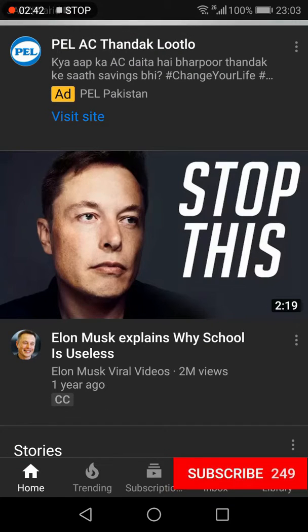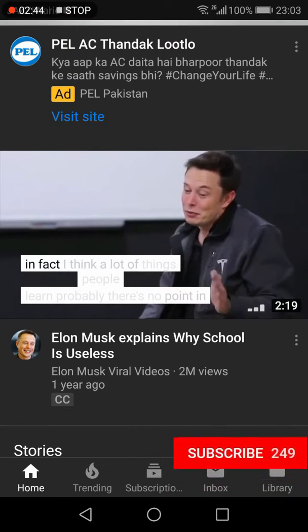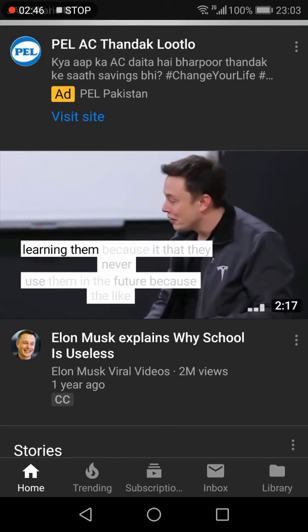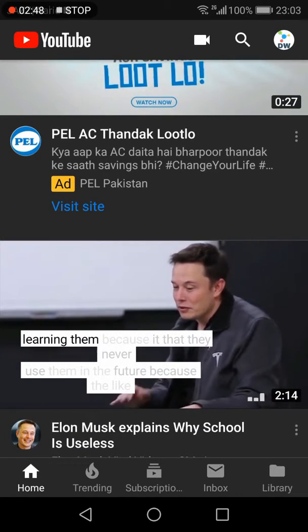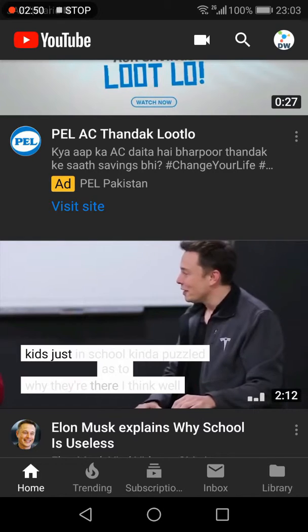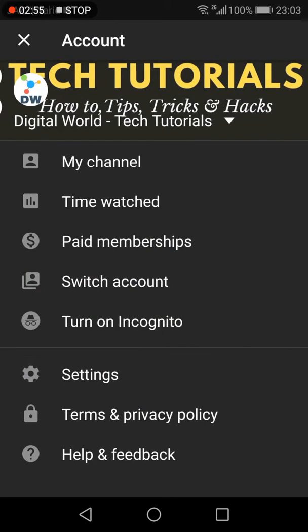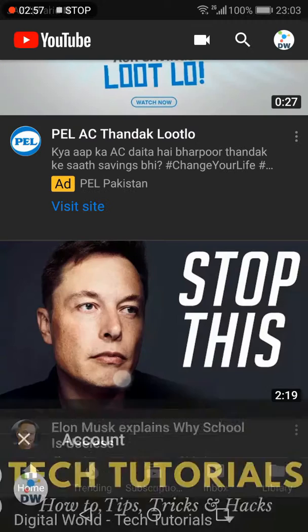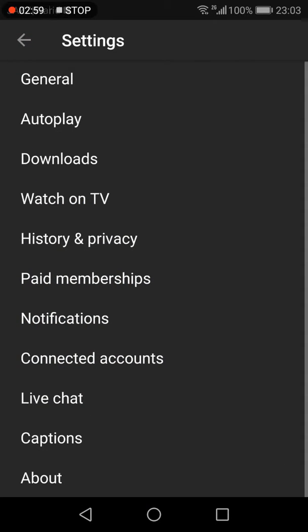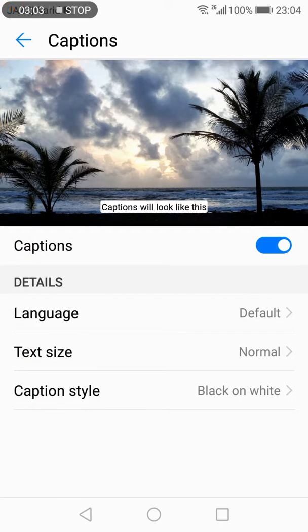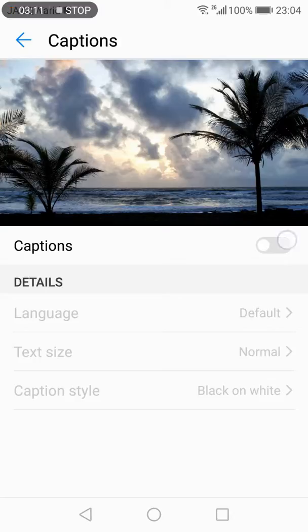So now, coming over to how to enable the subtitles on your videos, you need to first open the Android app, then go to the top right-hand side and click your avatar icon, and in that you will access the settings. Within the settings, at the bottom above there's a caption. You need to click that, and over here you can see that you can toggle the captions on or off